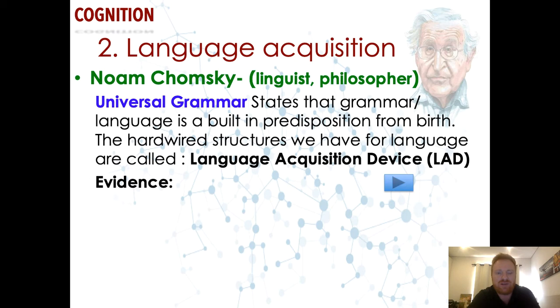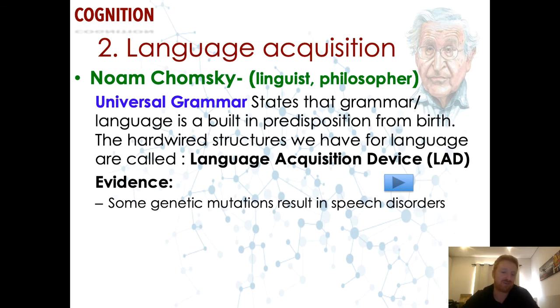What he means by this is that you're not born speaking English or Spanish, but that you're hardwired neurologically with the structures of the brain to have the ability to learn language. It's almost like the programming of the computer is in your brain. And then what you do with the program, whether you learn English with your program or whether you use Spanish with your program, depends on your environment. But the fact of the matter is that you've got this hardwired program in your brain designed for language. And so he called it the language acquisition device. And there is some evidence to say that we are just born sort of ready and willing to learn language.